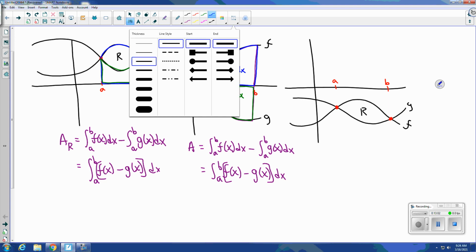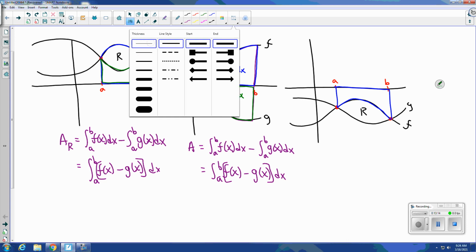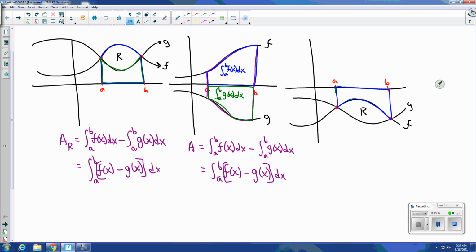Region of space enclosed. We know integrating from a to b for the function f is going to get me this blue region. What I'm outlining in green is going to be the result of integrating g. So you may think that we have to do g minus f to get that region of space, but recall that these are negative area values when we integrate. So in fact, we're still going to reverse that thing